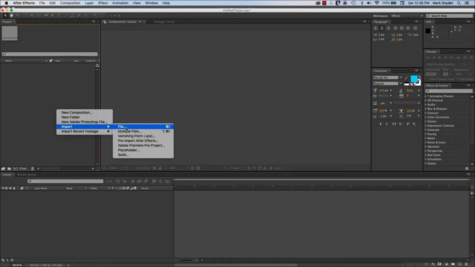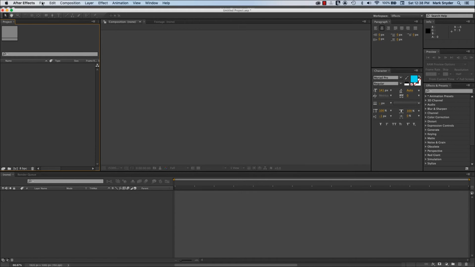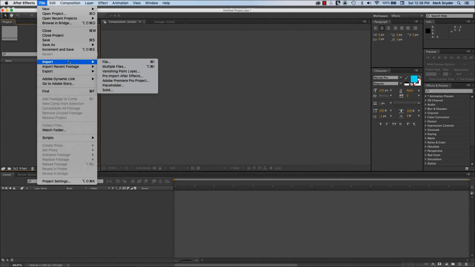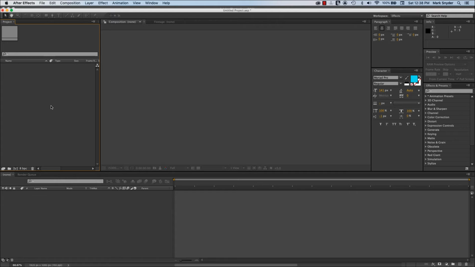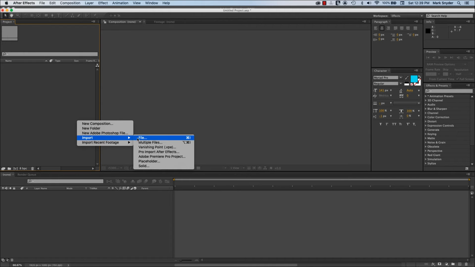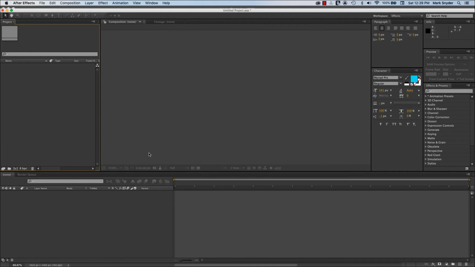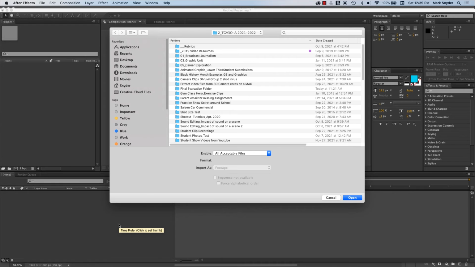You're going to go import file. The other thing you could do, which I never do, is use the shortcut, Command I, or Control I, whatever your preference is. I just like to right click. So I'm going to right click, import file, and now I'm going to look on my computer for my